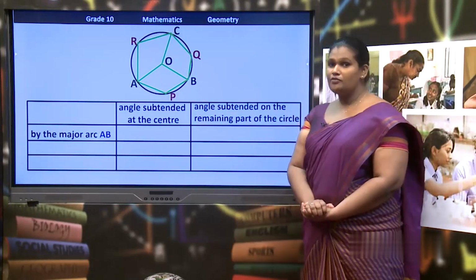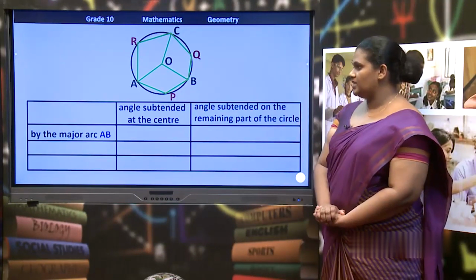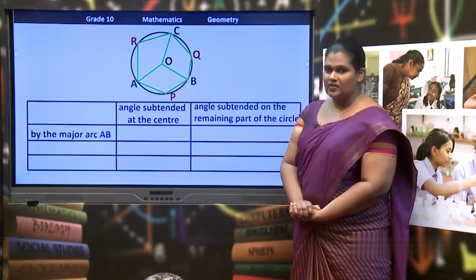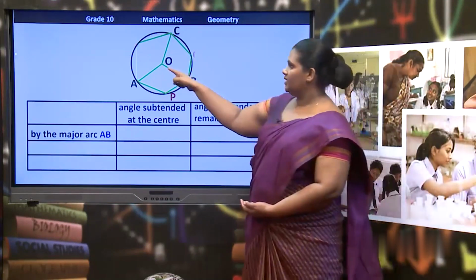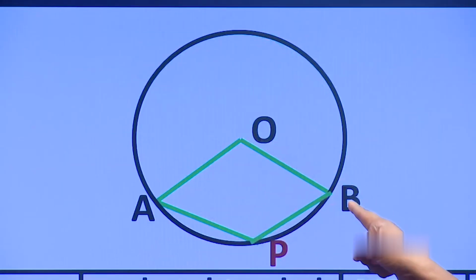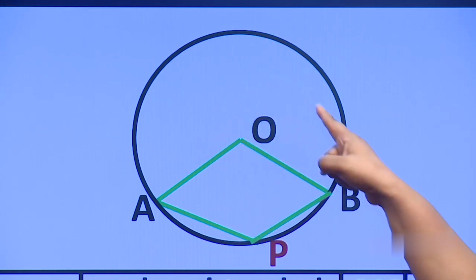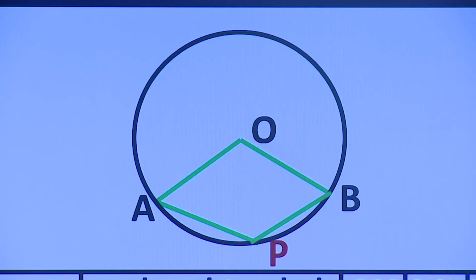Right. Now we have to think about the angle subtended at the center by this major arc AB. Right. What is that? Here, this is the angle. So, we can consider this angle as the angle subtended by the major arc AB on the center of the